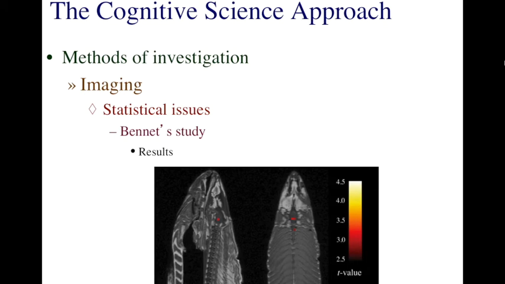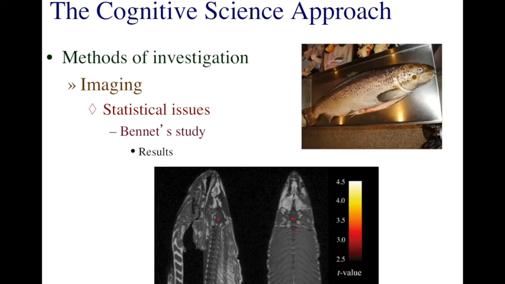If you look closely, you can see these red areas are associated with significant changes in activity. This is pretty typical of an fMRI study. We see these nice MRI pictures with areas of activation that we think are related to the processing, in this case, the processing of emotional stimuli. Now, if you're looking at these pictures and thinking that they don't look much like a human brain, that's because the participant in this study was a dead salmon.